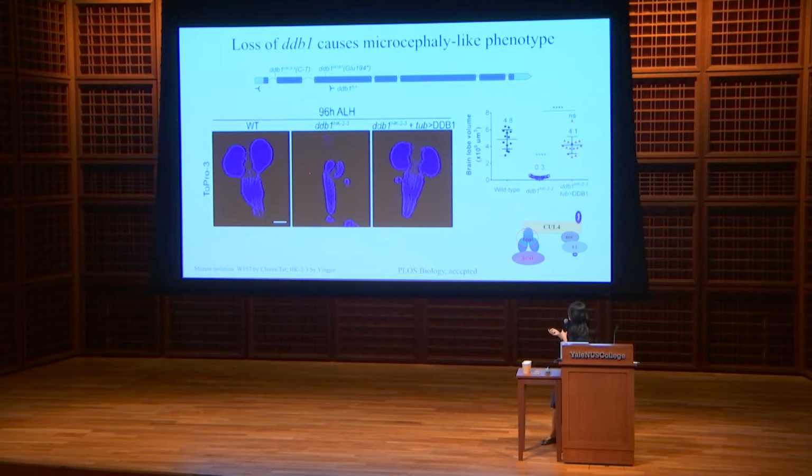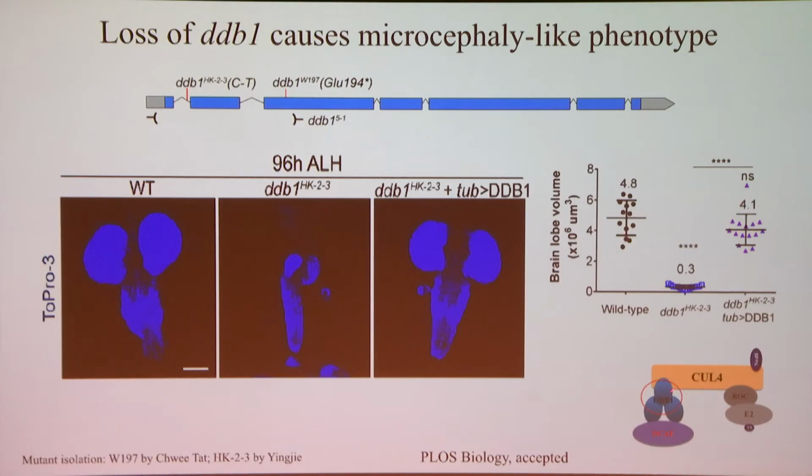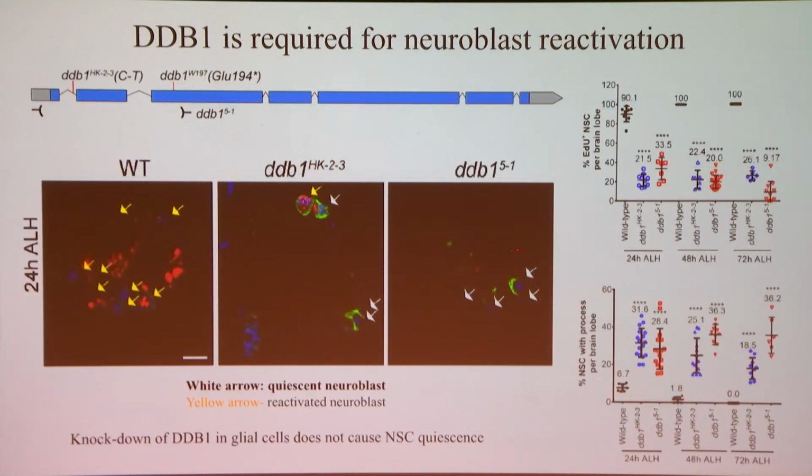So we isolated loss of function alleles of DDB1, which is a core component of this Cullin-4 complex. You can see that they formed really tiny brains, so we call it a microcephaly-like phenotype. From the quantification, there's a dramatic reduction of the brain volume. This is likely due to proliferation defects, and indeed, we look at two things, basically the EdU incorporation, and